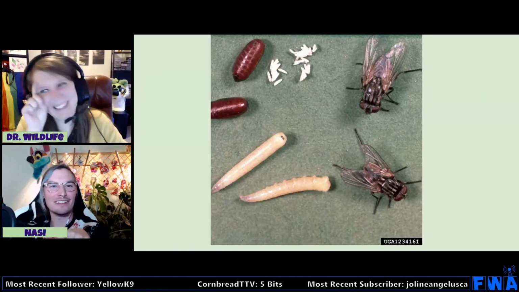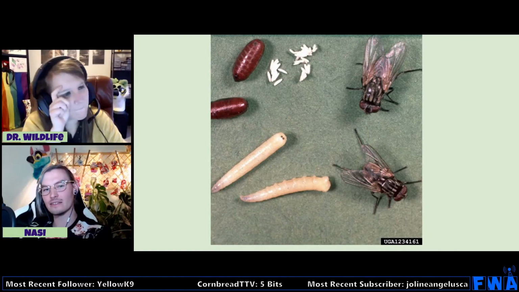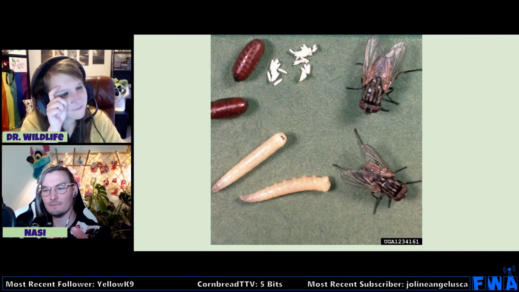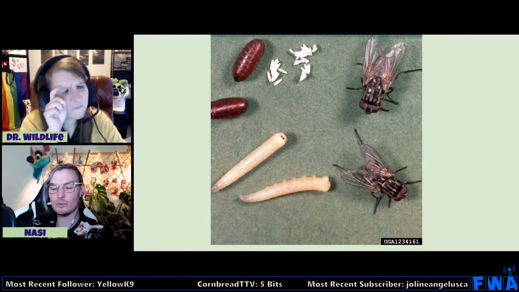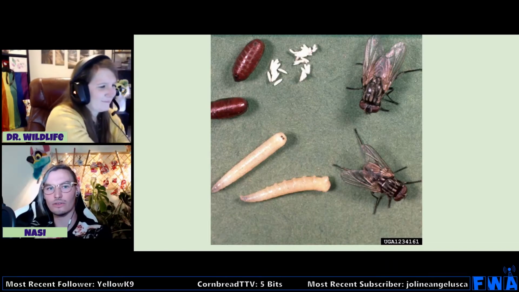The life cycle of a typical fly is that you start as an egg, then grow into a maggot, the little wormy thing that eats decaying things. And between the larvae and the adult, there's a stage called the pupae.